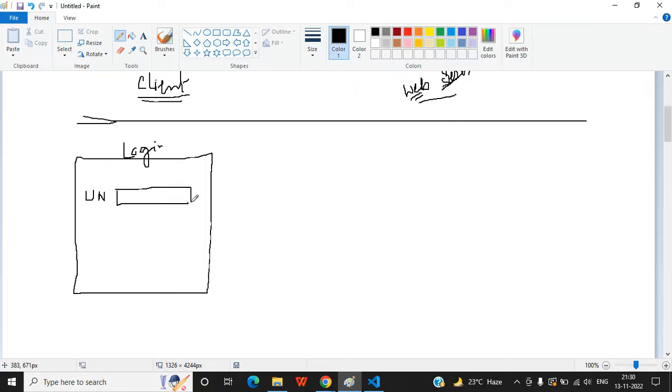In the login form you have username and password. Not a sign up form or registration form, this is a login form. So inside the login form, what you have is username and password, and you have buttons, maybe two buttons: login and cancel. This is your submit button and this is your cancel button. We will design this form